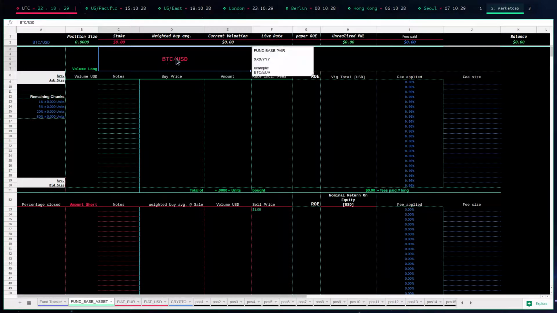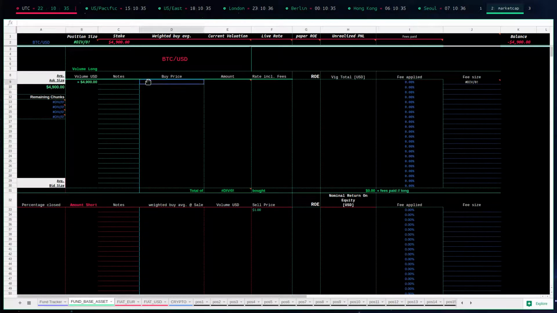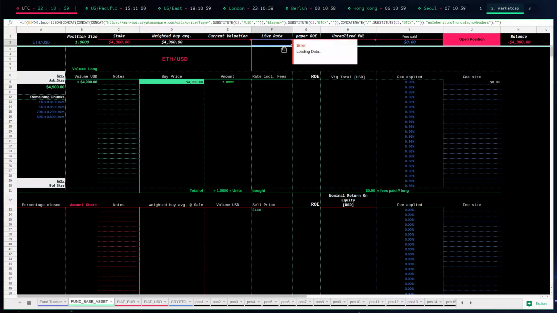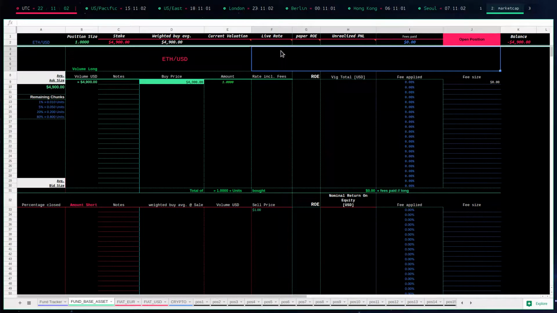So how this works is you type in the volume of US dollars you have exposed. Let's take some almost recent levels. And as soon as your position size is not 0 anymore, you will get a live exchange rate for the asset that you have typed up there. So say we choose Ethereum versus US dollars, we would be shown after a little while